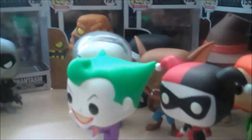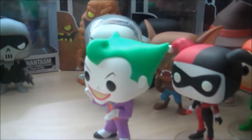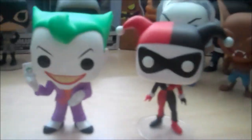I did actually have to go onto eBay for the Man-Bat, because they sold out of GameStop right away. I know that they restocked shelves, but I didn't want to chance it, but I got him for a good price, and, you know, stickers count, guys, so the fact that I have them two just standing out is pretty awesome. But let's conclude the Batman Animated Series Pops with the two greatest villains in the series